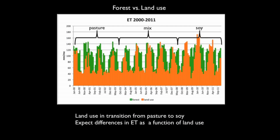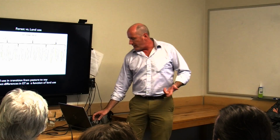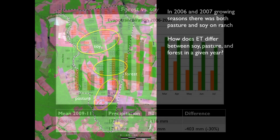I can go into details a little bit, but at this site, they switched from pasture to soy over the course of the period from 2000 to 2008. And it looks like soy has more evapotranspiration than pasture if you looked at the timeline. So there's a climate signal in there, obviously. So we tried to remove the climate signal by just looking at what we knew in 2006 and 2007 were soy and pasture, and comparing those. And the bottom line was